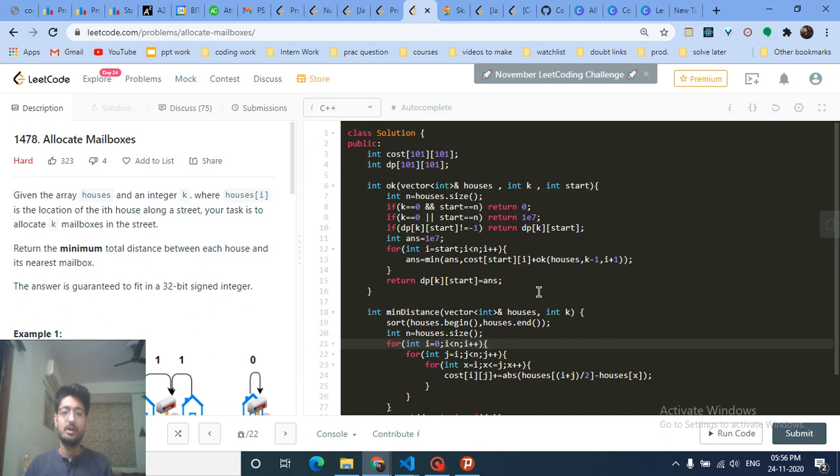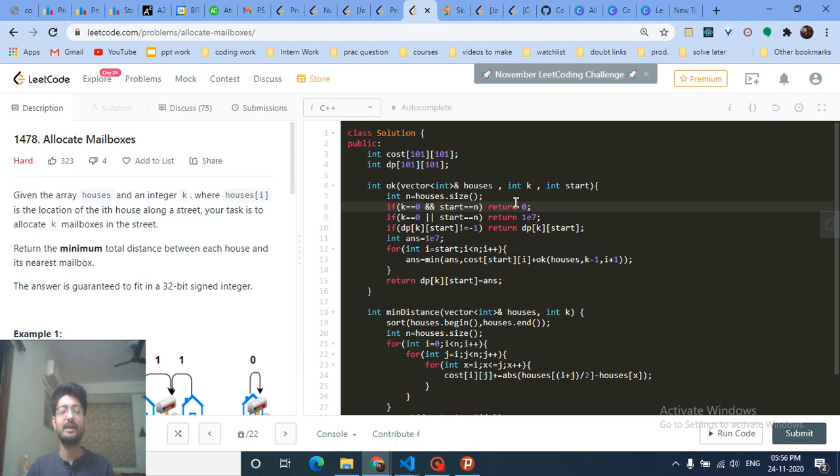And in the end, when I complete and go to the end, my next starting point, the start point is n, and at this end point my k, the number of post boxes I have installed till now, should become 0. If k is equal to 0 and start is equal to n, which means that if I want to start a new interval and it goes out of bound, it should go out of bound only when the total number of post boxes I have to install becomes 0. So it becomes 0, then the answer is 0. Okay, now my work is completed, return a smaller number, I will know the answer.